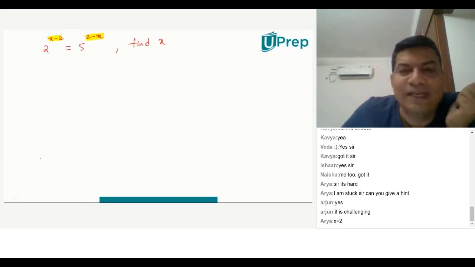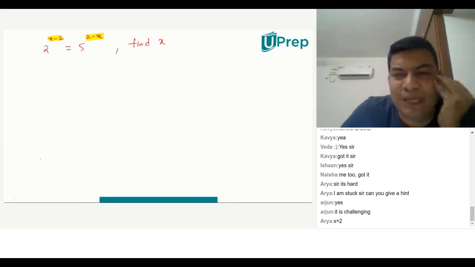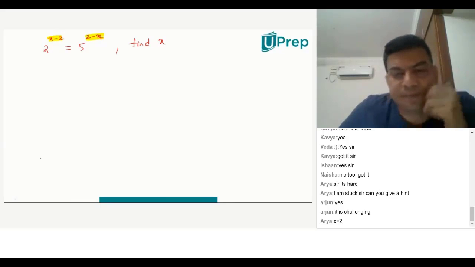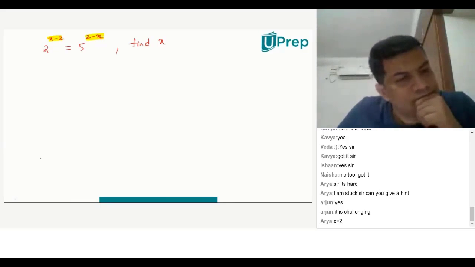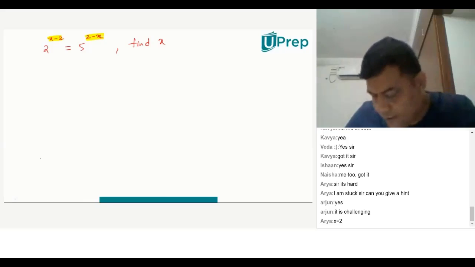So what you are saying is you felt that... can you repeat whatever you said once again? Let me understand how you are thinking. Go ahead. I just remembered my fundamentals, which you taught me, that any number to the power of 0 is equal to 1, and we can see that 2 is common in both the powers, so we can replace x with 2. Correct.